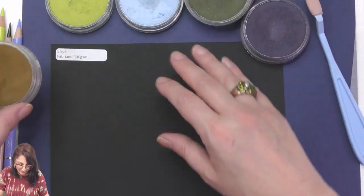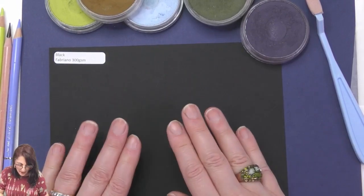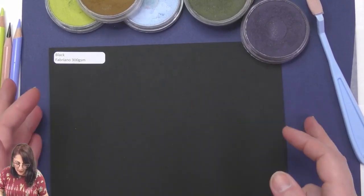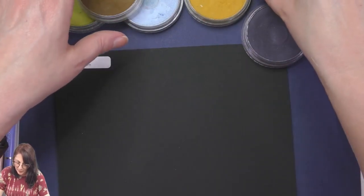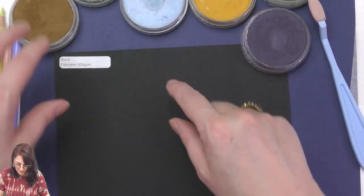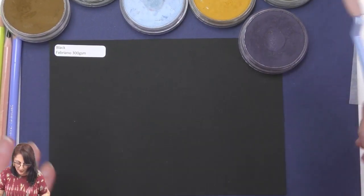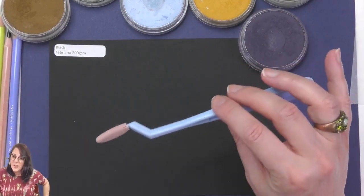So anyway, with the black, I'm thinking that probably what might be a good idea is to do a light pastel, light pan pastel. Yeah, I think that might happen. And the trick is, now these are drawing,